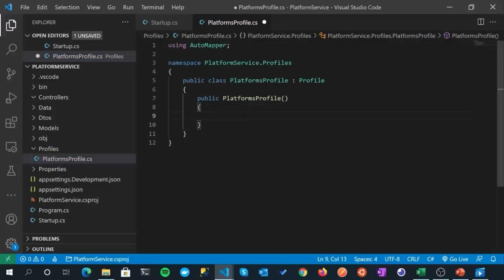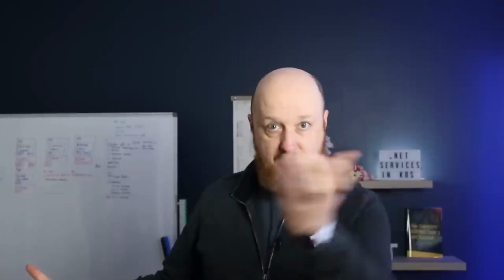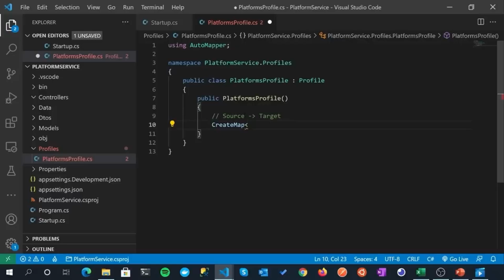So let's create our first map, and I'll talk you through exactly what is happening. Before I do that, let me just do a little annotation: source to target. All right, so we use something called CreateMap, and we specify the source. So think about a scenario where somebody is using our service to read data, consume data from us. Ultimately, that data, the source of it, is in our database. It becomes a model. Well, it is a model, a platform model. That's the source object. And we're going to then map that model to a platform read DTO and give the consumer the read DTO. So the source is the platform model, and the target is the read DTO. And that's what the mapping is.